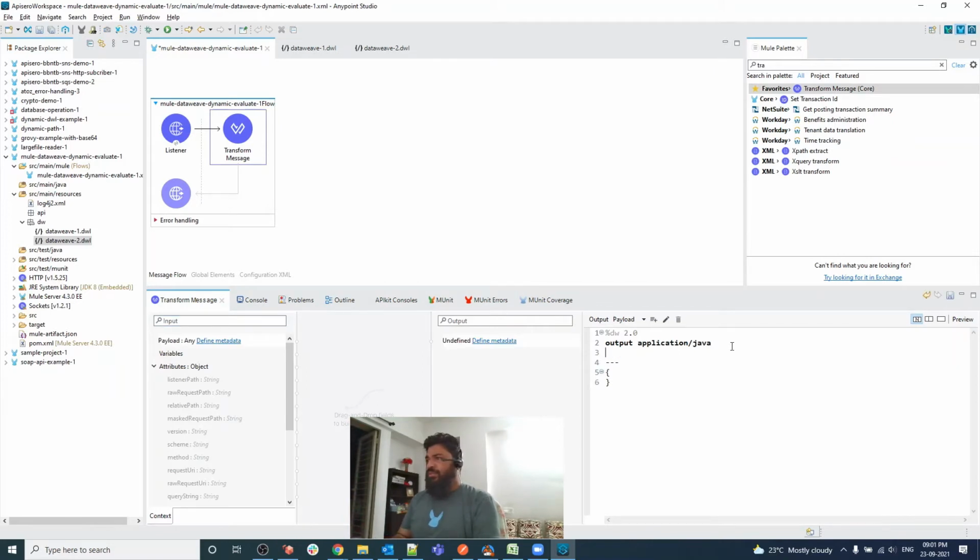Here I'm going to create one variable, fileName, and the fileName value would be dw slash, and there's one query parameter coming, attributes.queryParams.dwFileName, dot dwl.